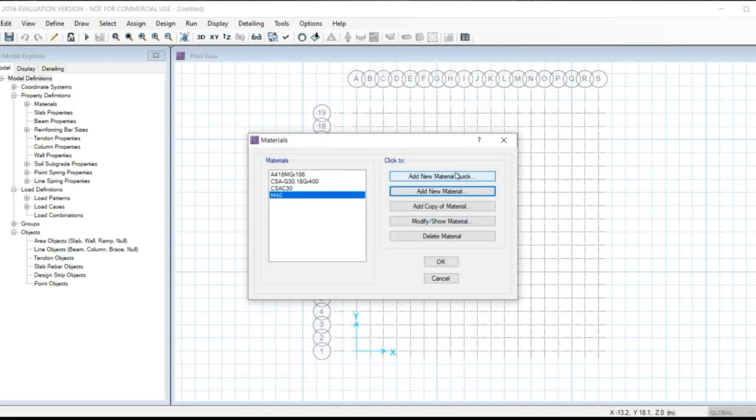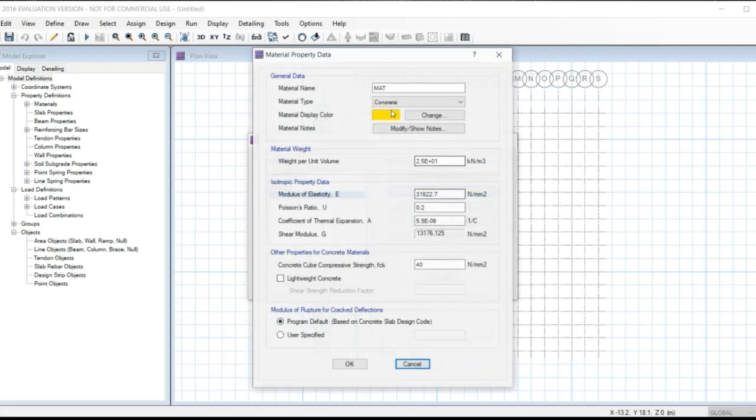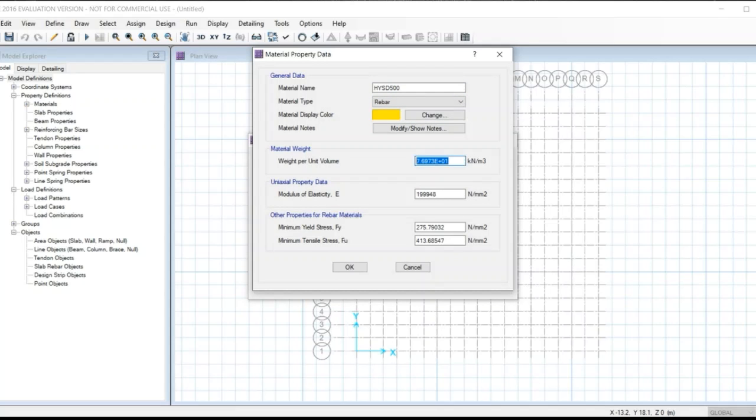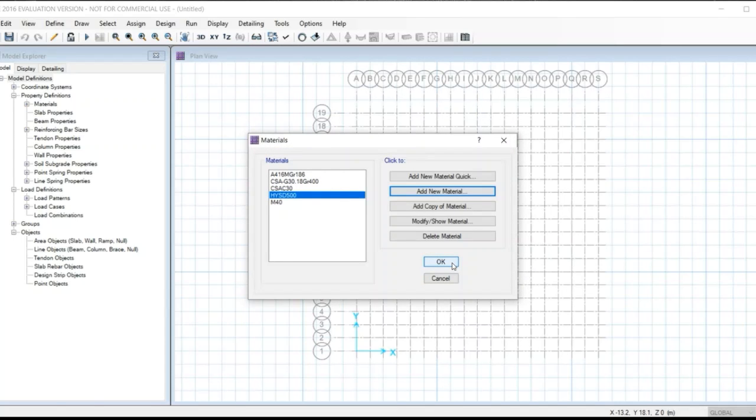Now click on OK. Then again add new material for the HYSD 500. Select material type rebar and again type the values for HYSD 500. Then click on OK. Then OK.